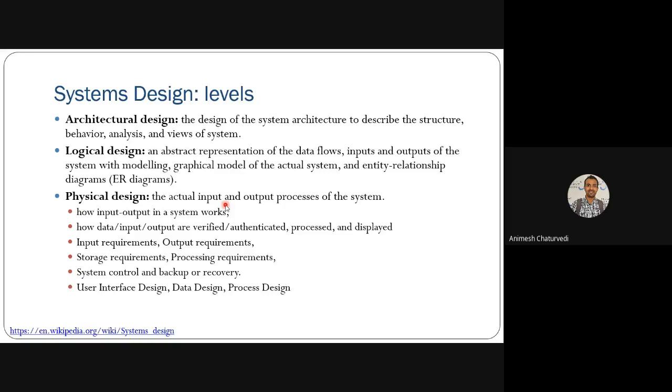It is also true for the case of computer science, meaning processing a certain file or some activities in the computer. Then system control, backup and recovery: how you back up the whole product, goods and data set, anything that you can back up or recover. Then system controlling: how do you control the whole system in a larger form as a whole. Then you have the interface: what should be the interface, what should be the input, how that input should look, how that form should be designed, data should be designed, processing should be designed. All these things are part of the physical design.